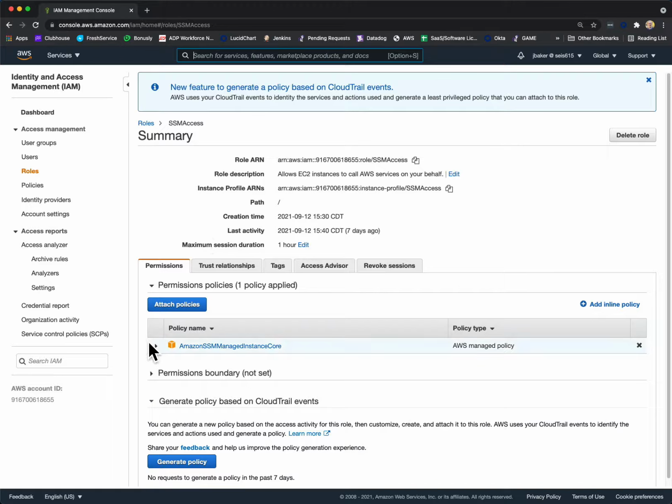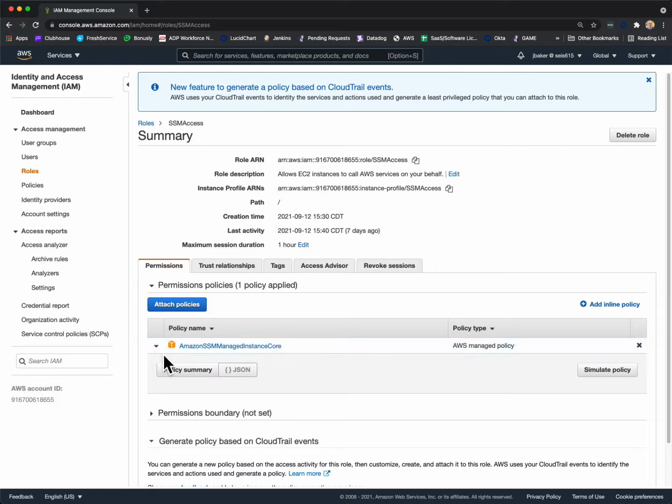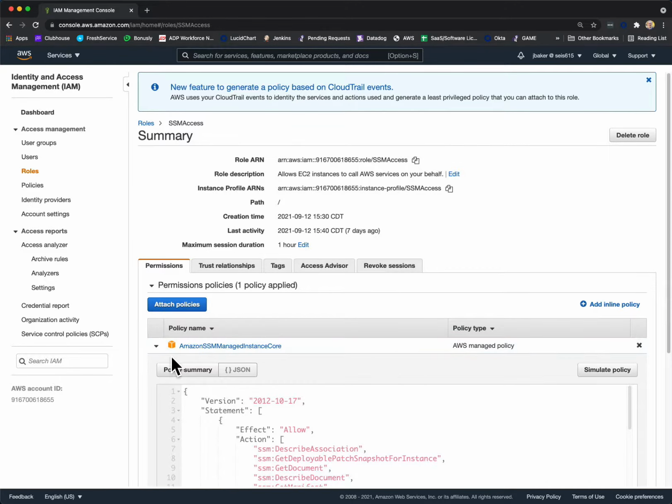And in this case, an EC2 instance that has the SSM access role applied to it will have the access privileges granted by this particular policy, the Amazon SSM Managed Instance Core policy. I can actually look at that policy,